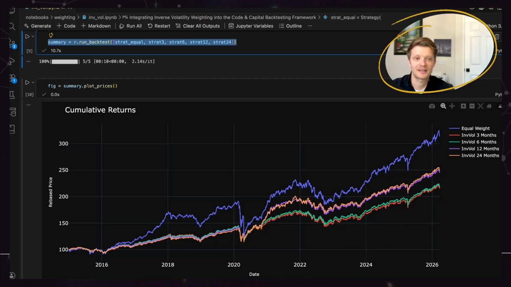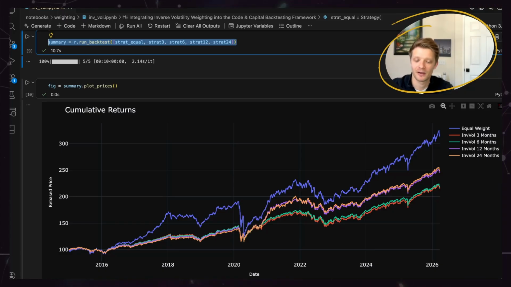In the first place, it makes sense because we are underweighting risky assets. That is one of the drawdowns of inverse volatility. Could be that in higher returning markets, as we had in the last couple of years, we had a strong bull market, and the upside is not captured that well, as, by definition, we are more invested into bond